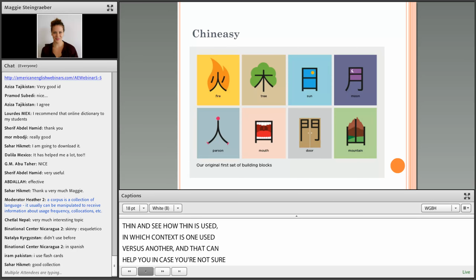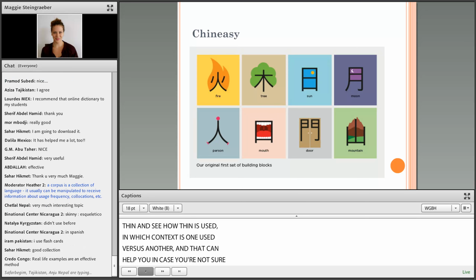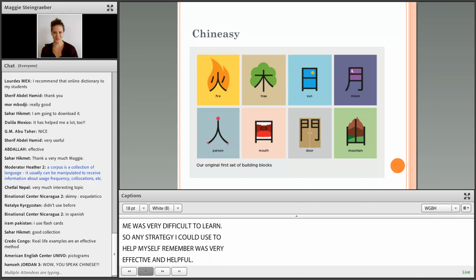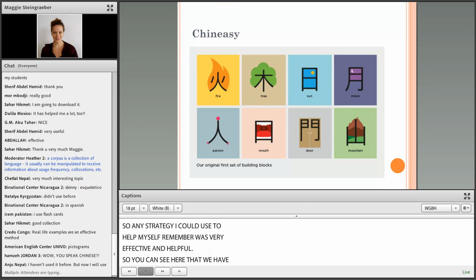Another strategy that I also like is, as a student of Chinese, there's a lot of characters to remember. The Chinese writing system for me was very difficult to learn. So any strategy I could use to help myself remember was very effective and helpful. So you can see here that we have some basic characters, and they're illustrated so that they're made to look